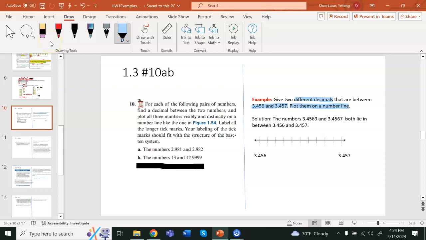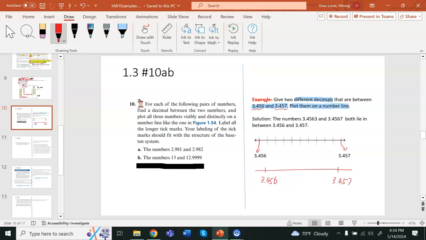So first of all, we're going to plot the two numbers given, 3.456 and 3.457. Here this is 3.456 and this one tick mark is for 3.457. When you start, you wouldn't have these tick marks. You would just put the two numbers given, but make sure you leave a long space between them, because in order to find numbers between them, you have to have